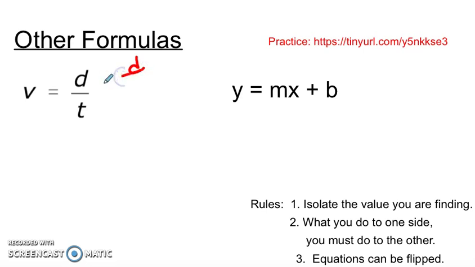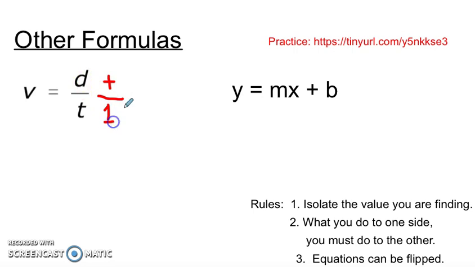So let's look at what we have. We, in essence, have to get rid of this t, is what we have to do. So if you have t at the bottom of the fraction, how would you get rid of it? Well, you would multiply it times t. I'm going to do some erasing so I can explain that better. So if you multiply it times t, it's the same thing as multiplying